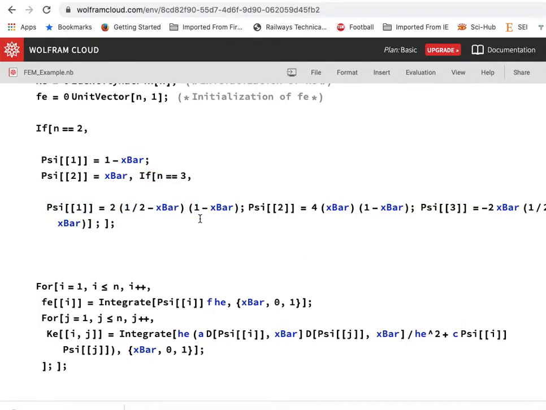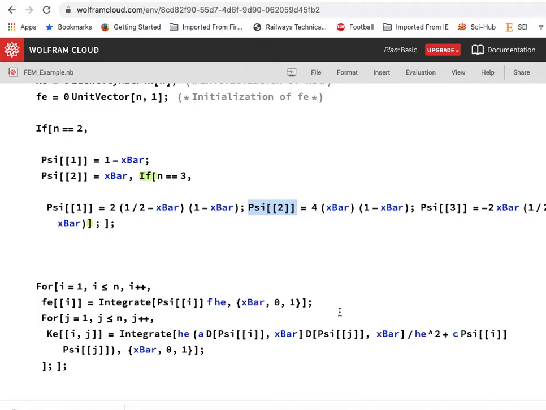So x bar is going from 0 to 1, and the three nodes are at x bar equals 0, x bar equals half, and x bar equals 1. So for the first interpolation function, the roots are at x bar equals half and x bar equals 1. So you can write it as x bar minus half into x bar minus 1, or half minus x bar into 1 minus x bar, whichever way. Now at x bar equal to 0, it must have a value 1, so I have to multiply it with a constant 2. Now for the second interpolation function, what are the roots?